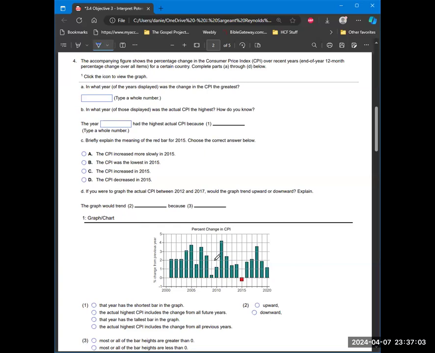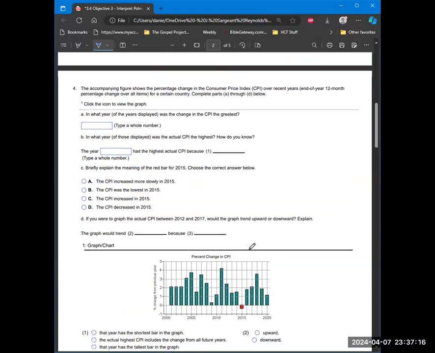That's what these green bars mean. This red bar means that your dollar buys more than and is more powerful than in the previous year. So,